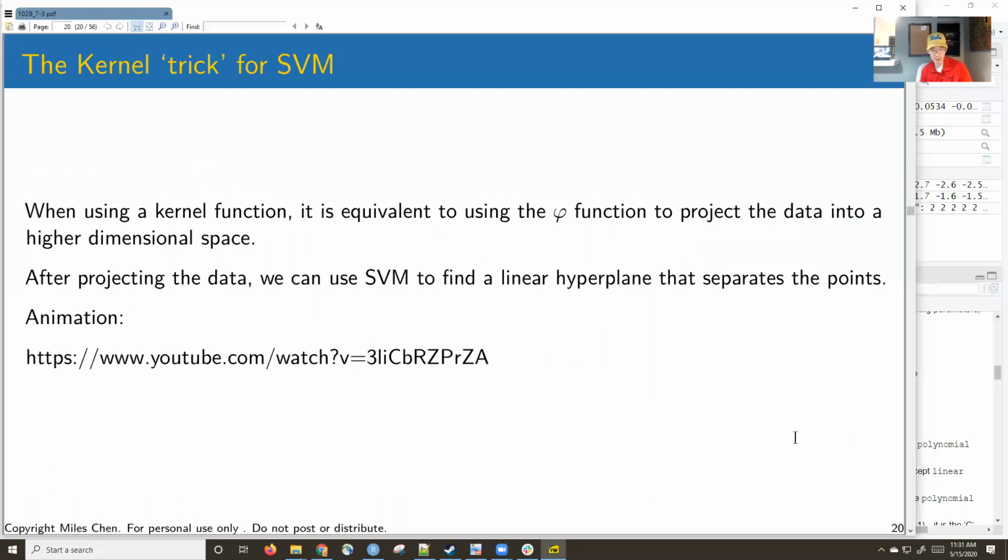Well, the reason this is useful is that using a kernel function is equivalent to using that phi function to project into the higher dimensional space. And so what you might have is that in 2-dimensional space, there's no linear boundary that separates your points, but you can transform it into a higher dimensional space. And in the higher dimensional space, maybe there is a linear boundary, a linear hyperplane that will split the data. And so here